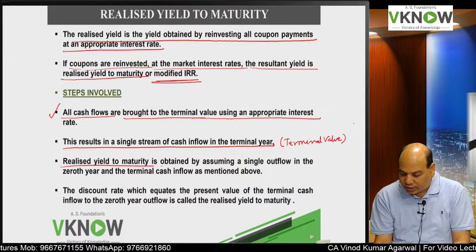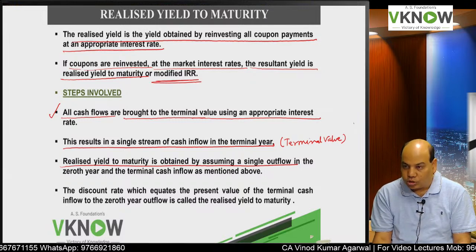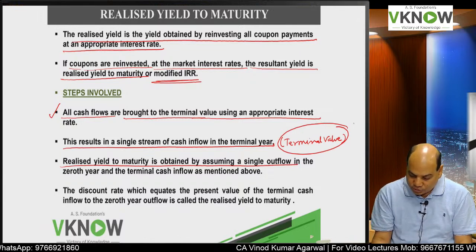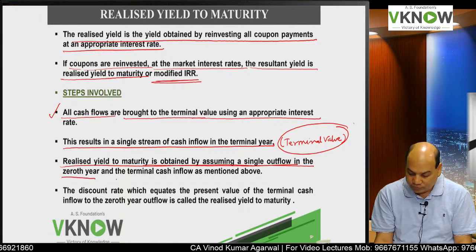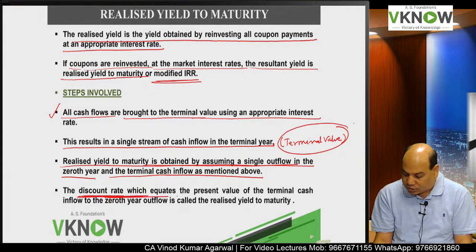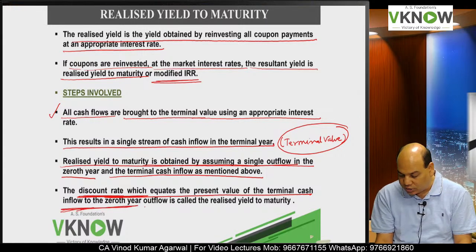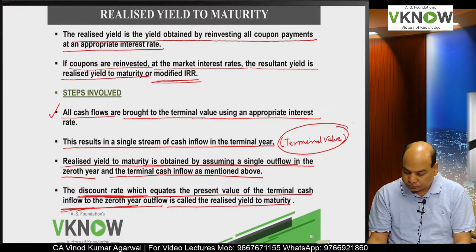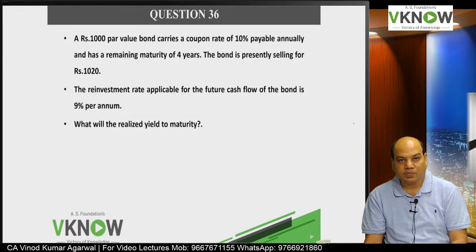Then you have to find out that value, that is, that discount rate at which the present value of the future cash flow, that is terminal value, is equal to the amount invested today. Realized yield to maturity is obtained by taking a single outflow in the 0th year and the terminal cash inflow as mentioned above. This is the realized yield. The discount rate which will equate the present value of terminal inflow to the 0th year outflow is called realized yield to maturity. Okay. So I will tell you one application of realized yield to maturity through this simple question